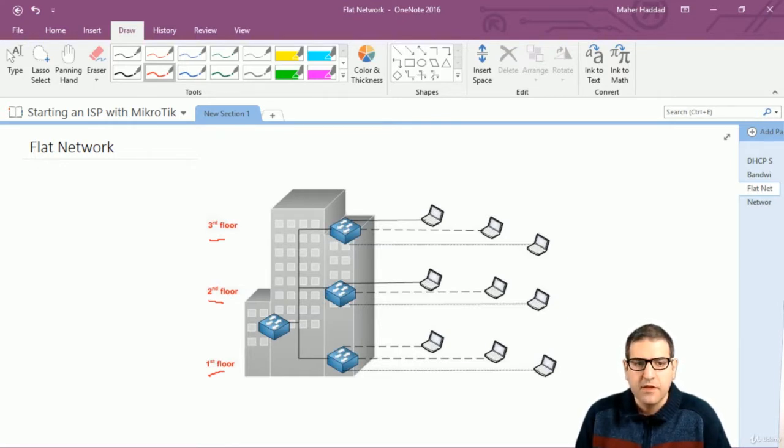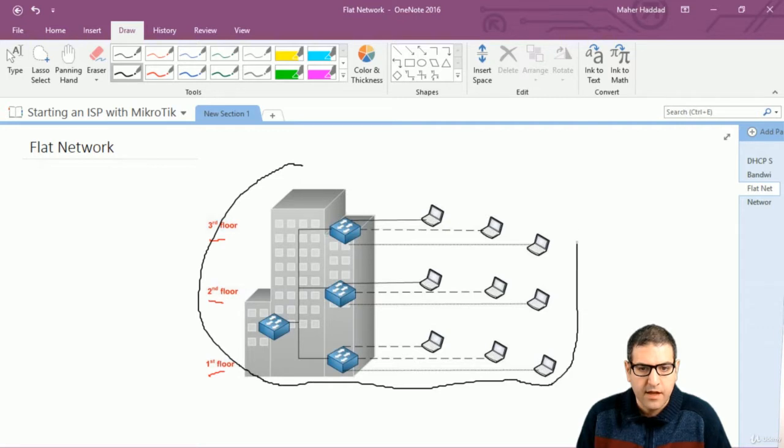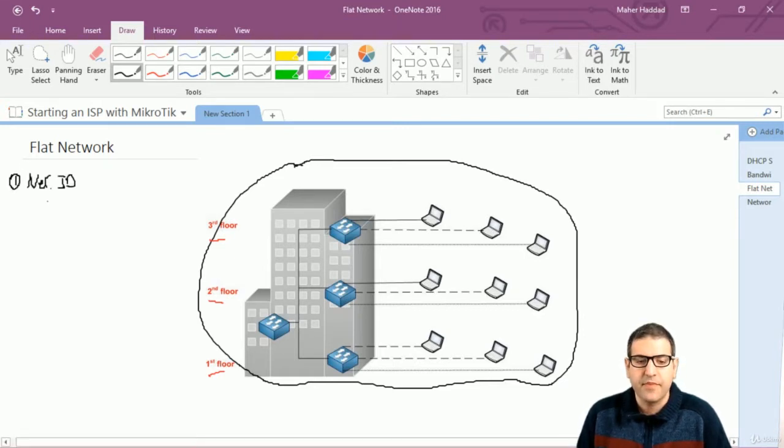Okay, so if we don't use VLAN, this is what we normally call a flat network. Flat network means that we have only one network, which is what you see here. This is the whole network that we have. On this network, all computers are able to communicate with each other. So in this case, we only need to provide one network ID. So I'll put here network IDs. For example, we will give to this network